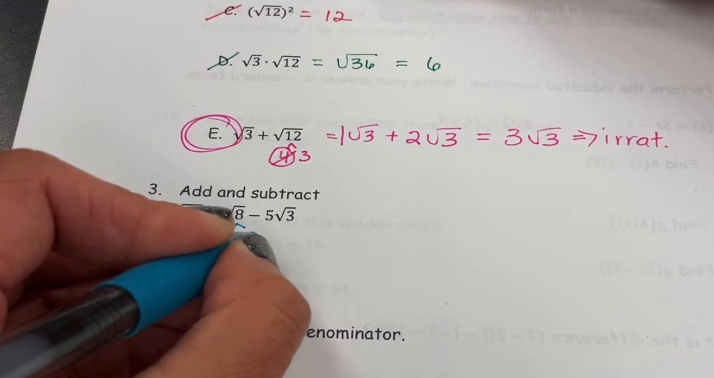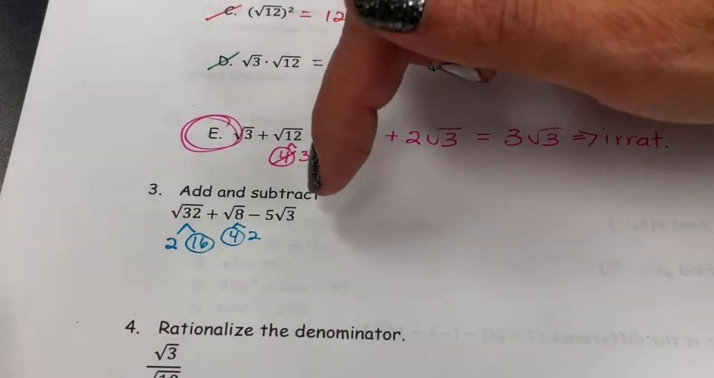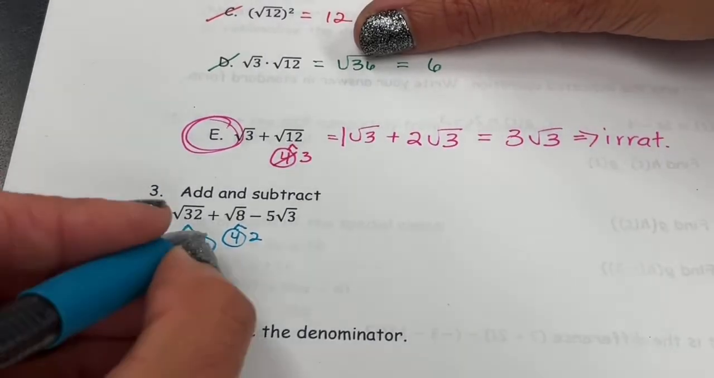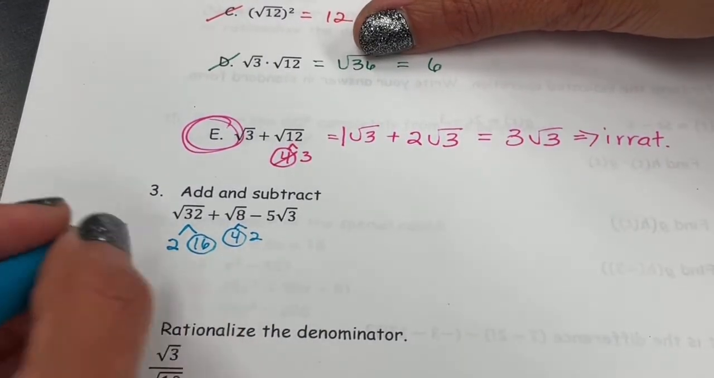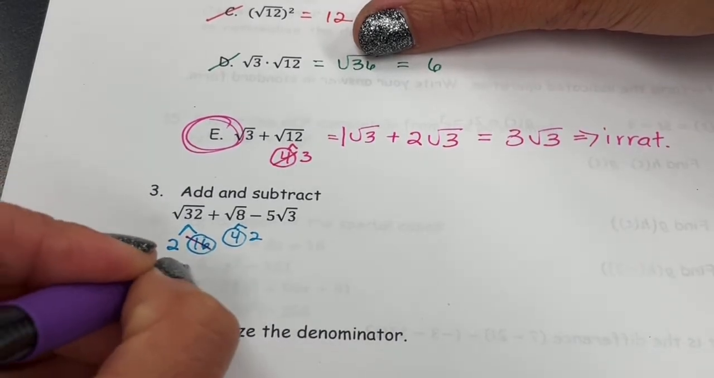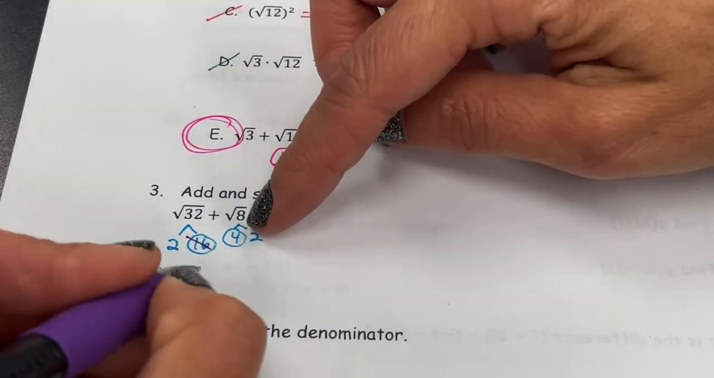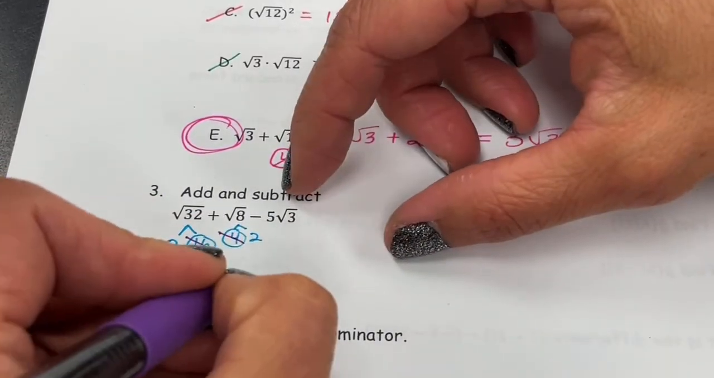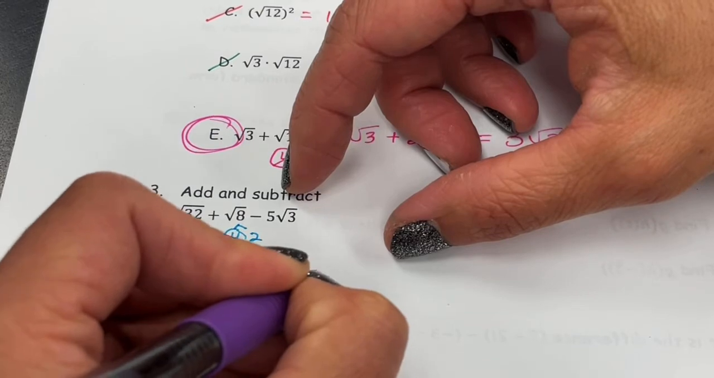8 is 4 times 2. 4 is a perfect square, and I can't do anything with that square root of 3. There's nothing I can make that lower. So the square root of 16 is a 4. So 4 gets to come out, 2 stuck inside. The square root of 4 is a 2. So 2 gets to come out, the other 2 stuck inside, and then bring down the -5 square root of